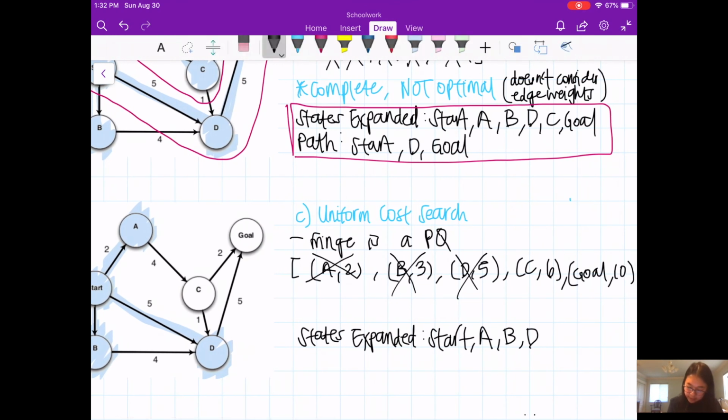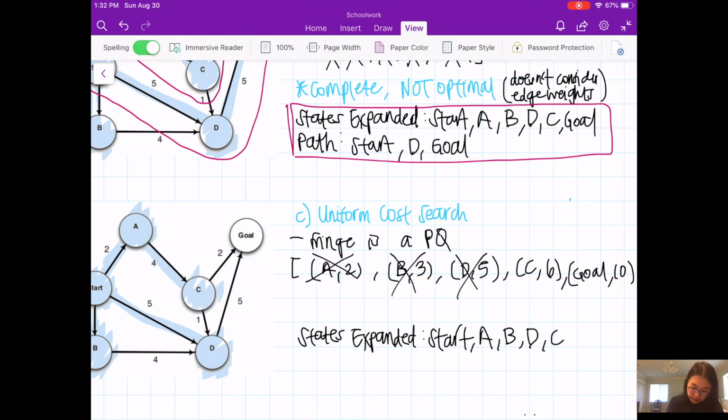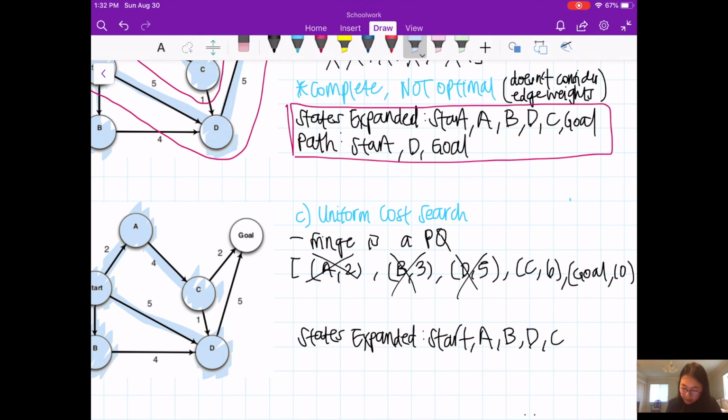Next you have C, so you expand C. With C, you can add goal, and you see that you have 6 plus 2, which is 8. That's actually less than 10, which is the current value of goal in this priority queue.